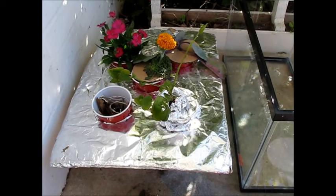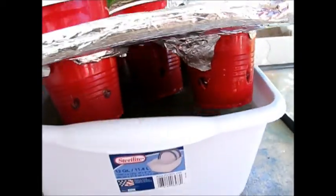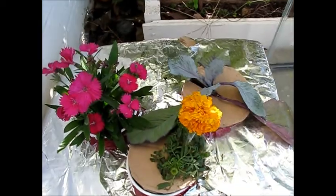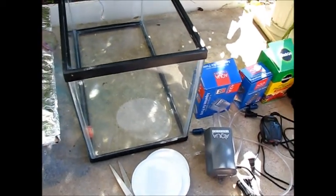So we made this hydroponic system and it worked well. As you can see, the water's inside. But the mint could not survive, it died. So we're gonna make a better hydroponic system. It is a 20-gallon aquarium fish tub. And for that we will use these lids,